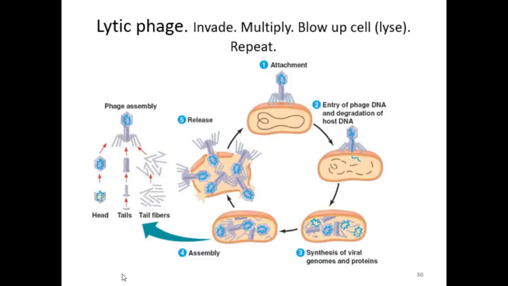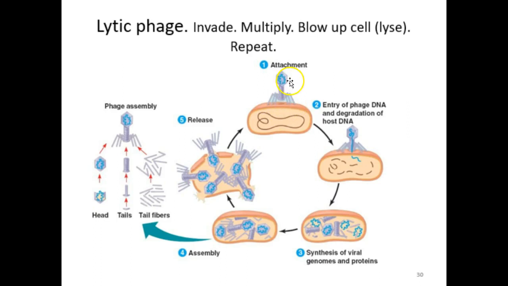So here's a schematic of a lytic phage, also called virulent phage, because it does a lot of harm to the host cell. You have the attachment of the phage to the host cell, and this is not drawn to scale, right? Think of that electron micrograph I showed you a moment ago. This would have to be much, much tinier than the host cell to be to scale. The attachment is very specific. Only some phage can attach to certain host cells, okay? And that's mediated by the protein-protein interaction between the tail pins and the surface of the host cell,